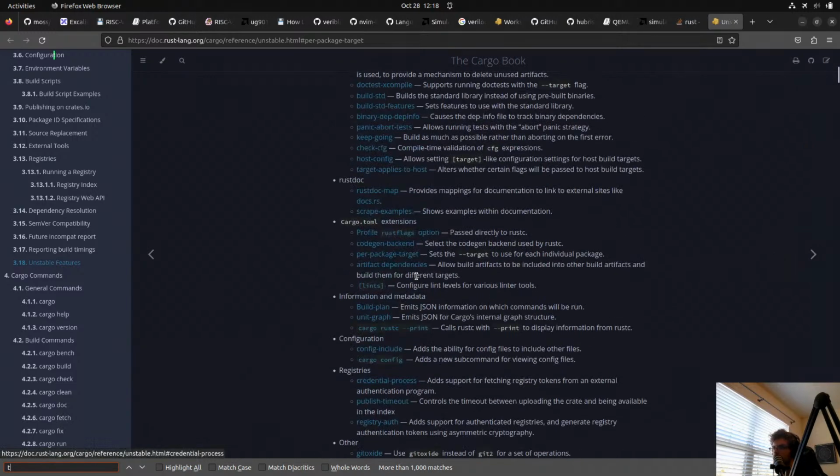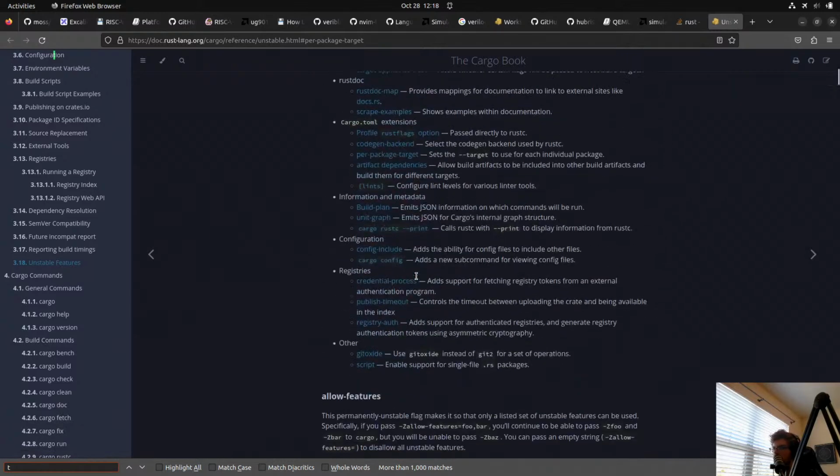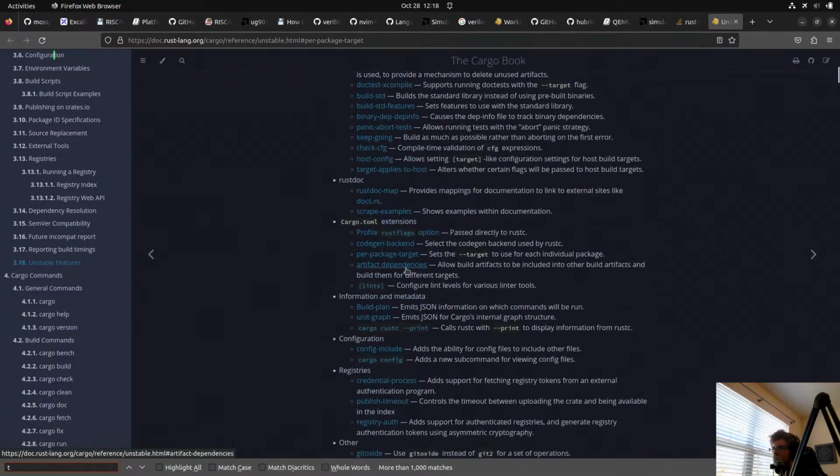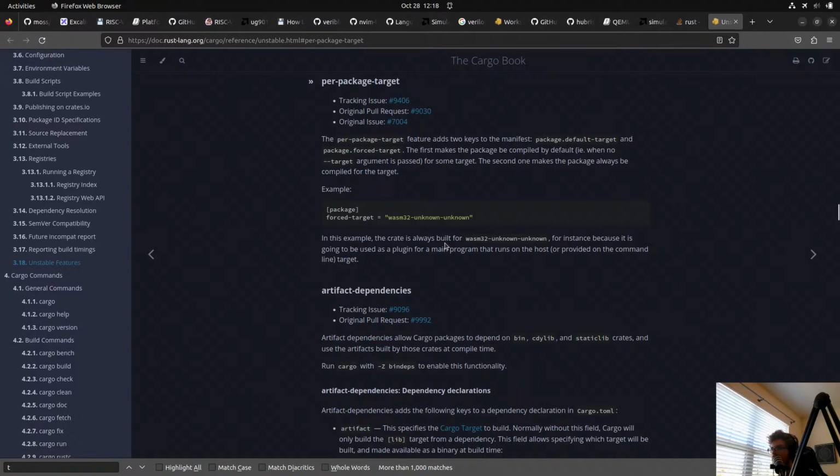I thought this would go in the... It first makes the package to be compiled by default.